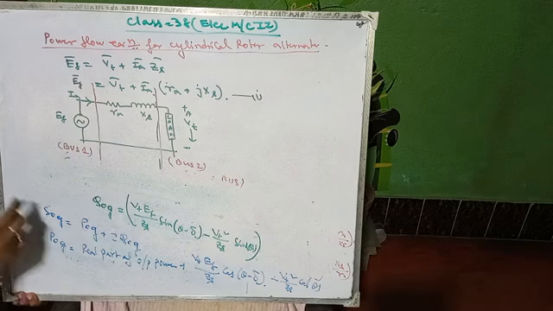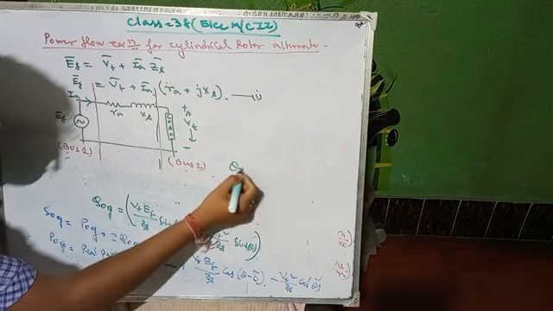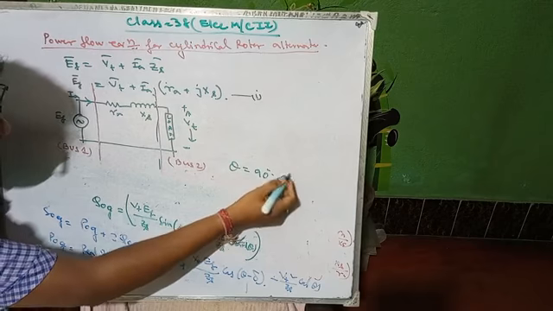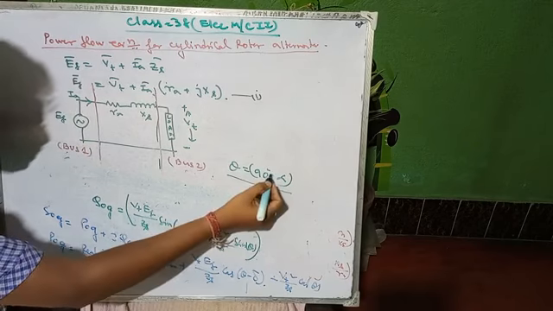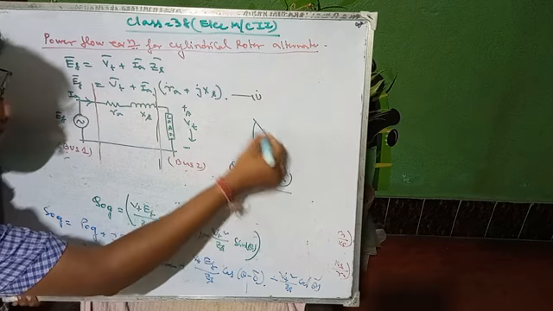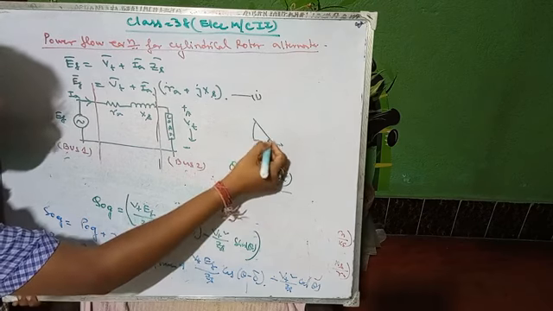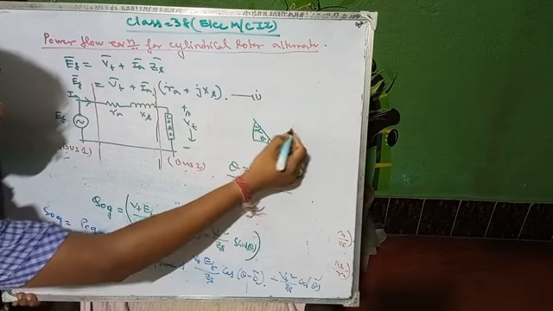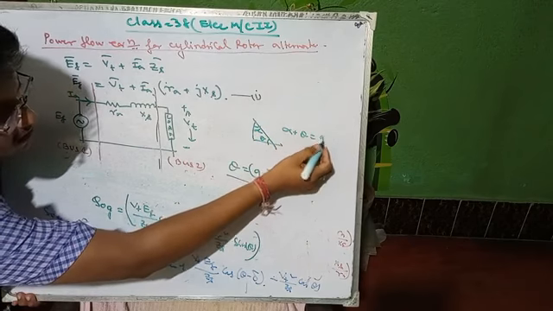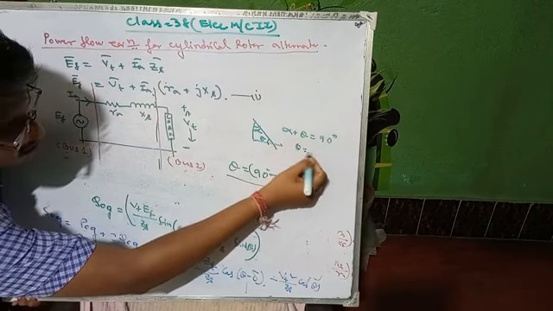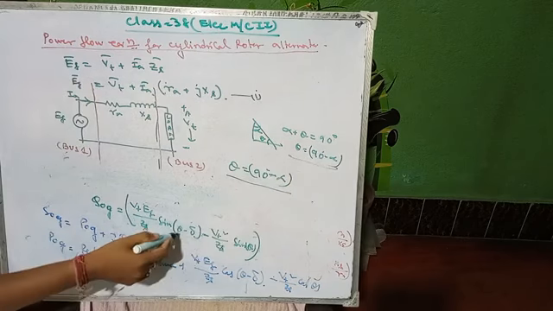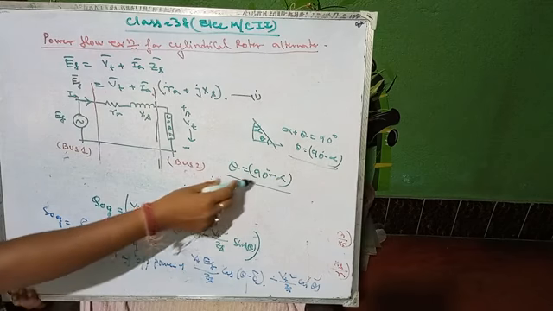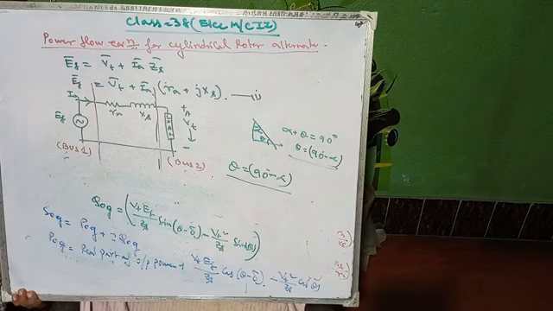Now write theta equals what? 90 degrees minus alpha. From the impedance triangle, I have already discussed that theta equals 90 degrees minus alpha, because if we consider theta and alpha in the impedance triangle, then alpha plus theta equals 90 degrees. So theta equals 90 degrees minus alpha. From this concept we can put the value of theta as 90 degrees minus alpha. So if we put it, what will be the final equation?